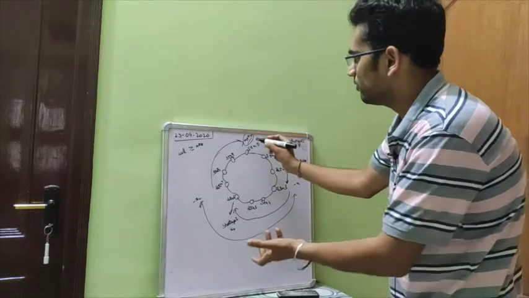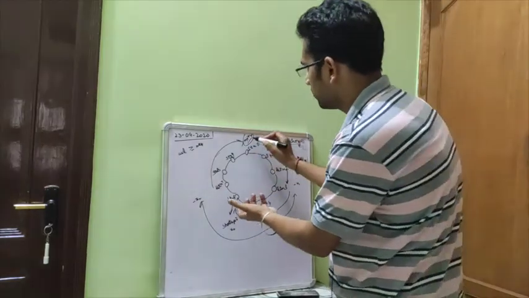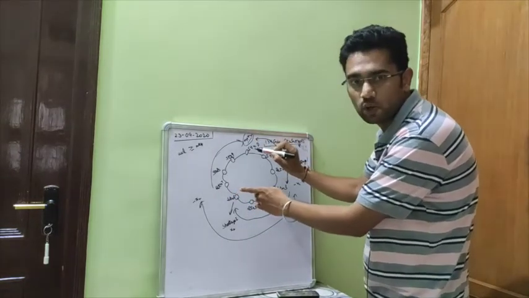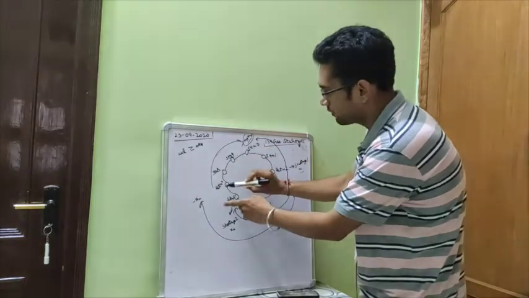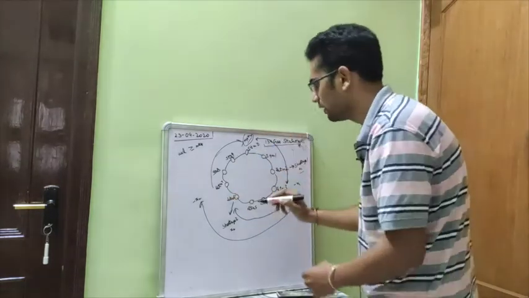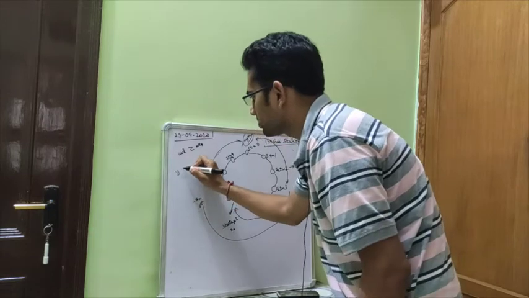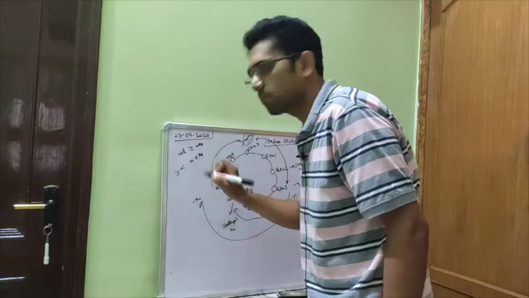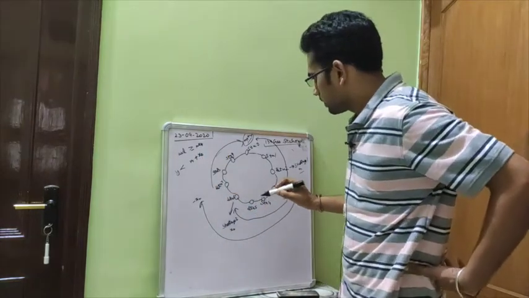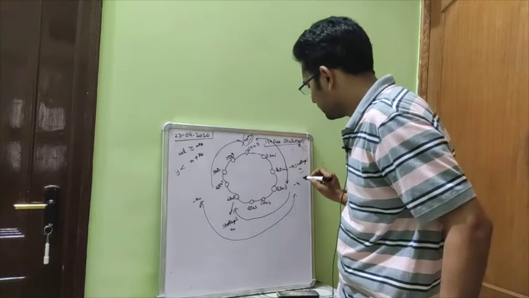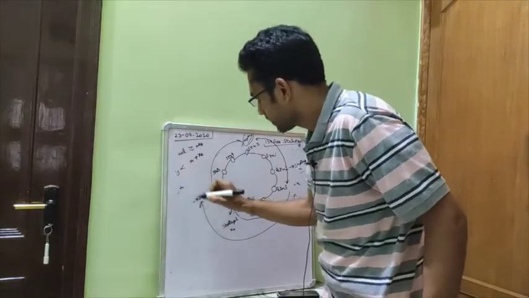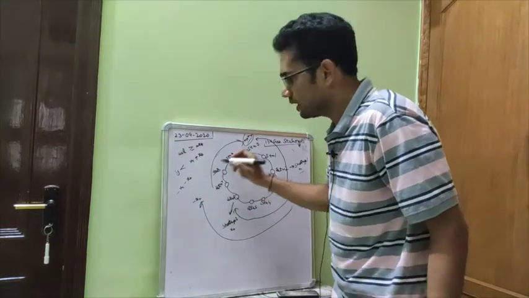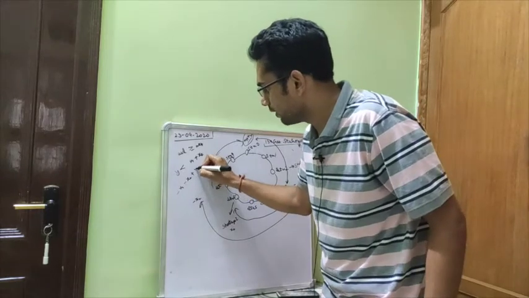Okay, so when I tried to start from station 7, I reached station 0 again with some value y. If I am saying that this y is less than x1 plus x2, then for this path the cumulative sum was minus x1, for this path the cumulative sum was minus x2, and for this path the cumulative sum is plus y.